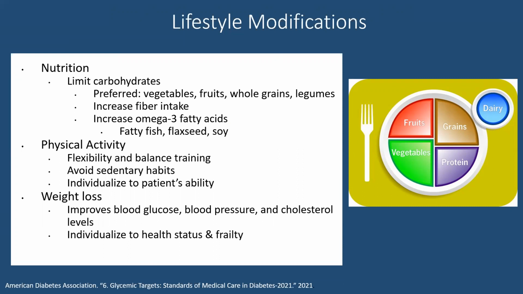I'll show you the slide at the end of the presentation where it says if your A1C is greater than 10, you have to start insulin. But I've had patients with an A1C of 12, and we seriously sat down and figured out what they could have for each meal, and they were able to bring their A1Cs down to 8. So without insulin, with just oral meds and a little dietary changes.